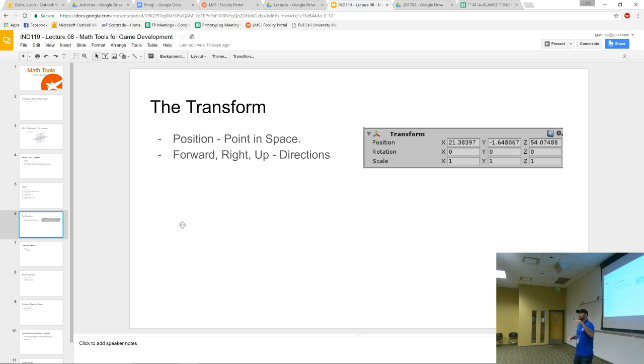So if a car drives up a hill, does the car tilt? Its up is not going to be straight up anymore. The world's up is still going to be straight up, but its local up has changed because it is now driving up that hill. Characters you generally don't do that with. You usually keep them upright, so depending on your mechanics, you can assume that their